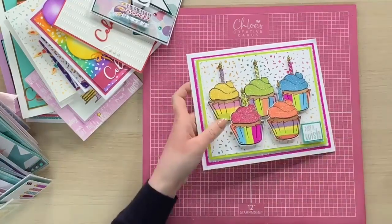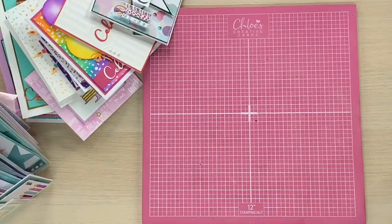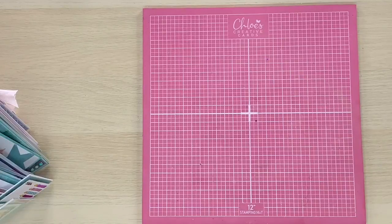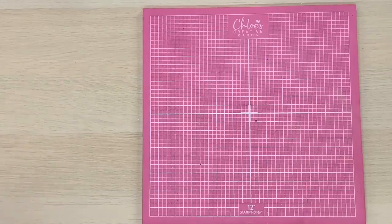So I'm going to pop these back and I will get a few more finished samples to show you. So I'm going to show you the ones that haven't actually been made with the box kit. So I'm going to show you the ones that have been made using the Time to Celebrate collection and the Grande flowers as well, because they are absolutely gorgeous. So I'm going to pop that back there and I'm going to grab these ones in. But you can see, I'm going to grab one of the off the page projects as well actually, just to show you some of the things that you can be creating,